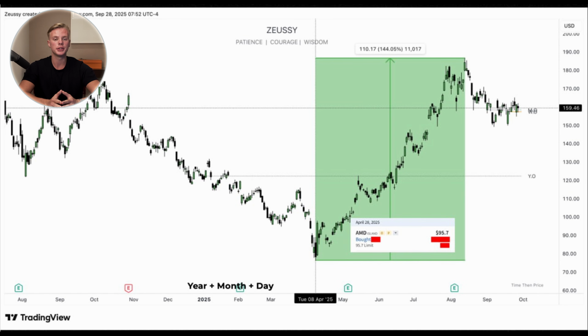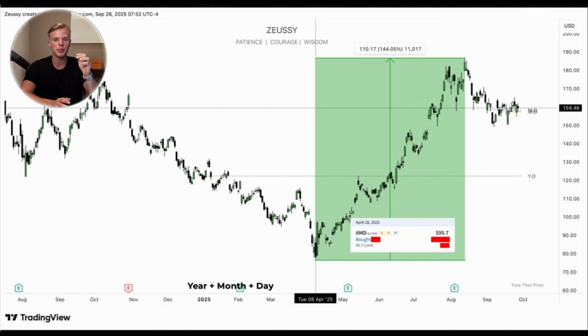I recognized after President Trump came out in early April and he put a lot of tariffs on a lot of different countries that this was the perfect manipulation from a news perspective. When I saw the markets open low for that second quarter and I saw the signs of a smart money reversal to